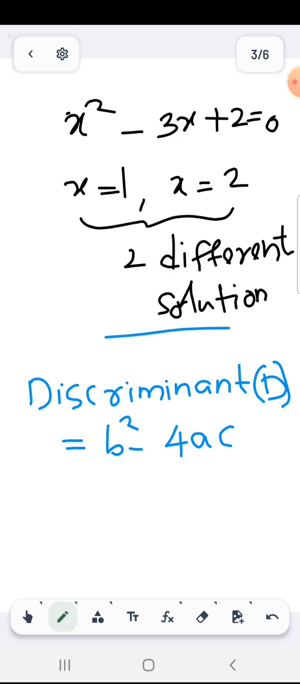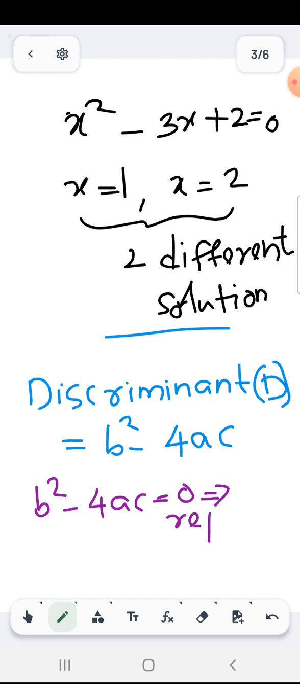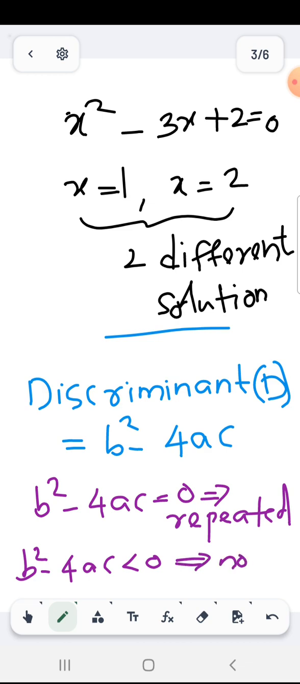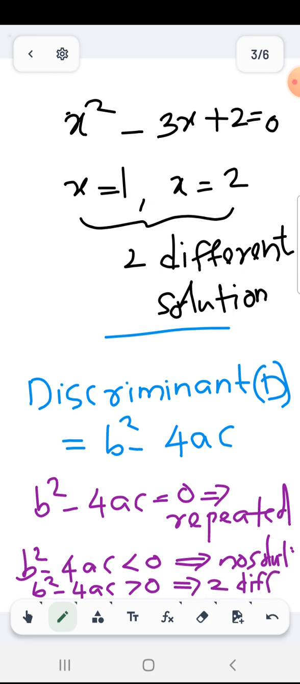If we are getting b square minus 4ac equal to 0, that means it has repeated solution. The answer is going to repeat. If the b square minus 4ac value is less than 0, that means it has no solution. If b square minus 4ac is greater than 0, that means if it is a positive number, it has two different solutions. So this is how we are going to use the discriminant of a quadratic equation to predict the